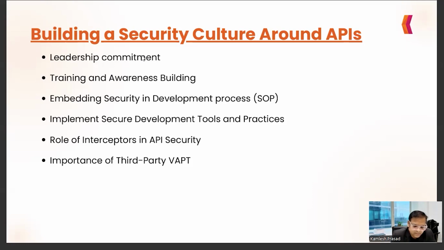So this should start from the leadership commitment. They must be committed to implementing security and security protocols in the entire organization. I'm doing a lot of consultancy with different companies. In some places I found that security is not a concern at all.